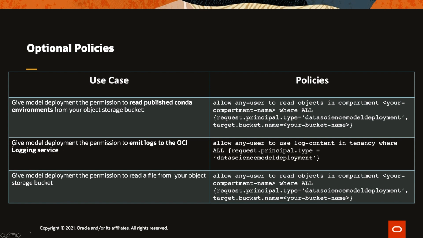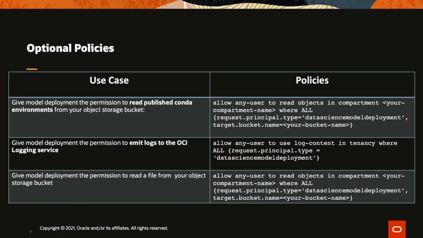The second policy is to give model deployment the permission to emit logs to the OCI logging service. So if you want to use access and predict logs, you need to include this policy. And this policy allows any user to use log content in tenancy where the request principal type is data science model deployment. And finally, if, for example, your deployed model needs to reach out to object storage,